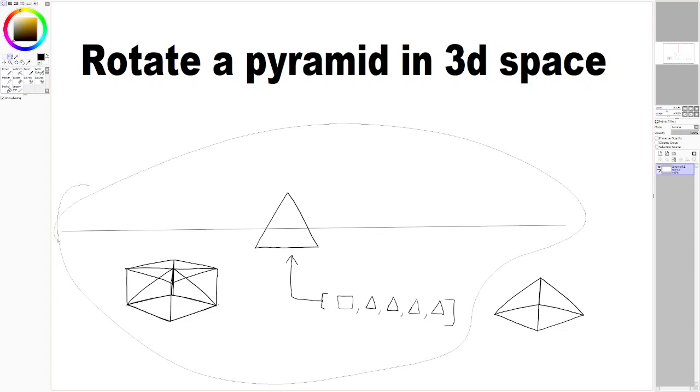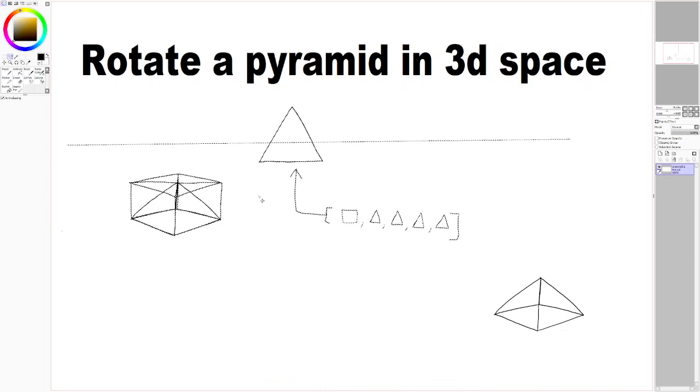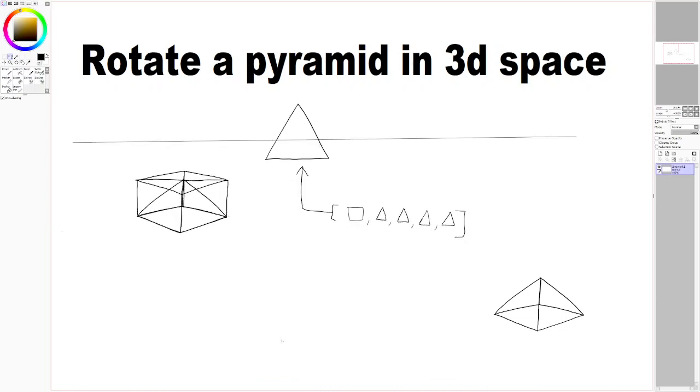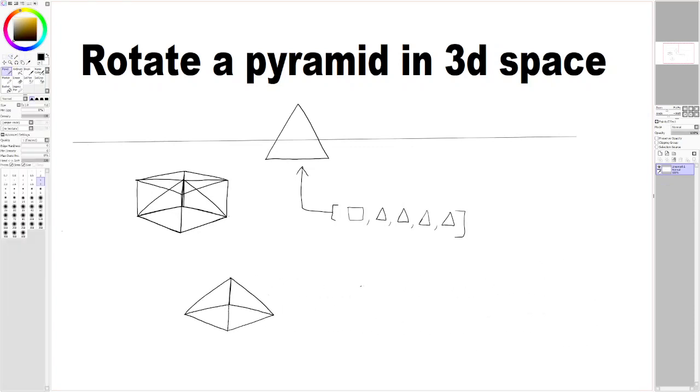Just to say that we're kind of below the horizon still. So we have our pyramid, and basically if we were viewing it from the front, it would kind of look like that. But I'm going to show you how we accomplish that, because we're above looking below,